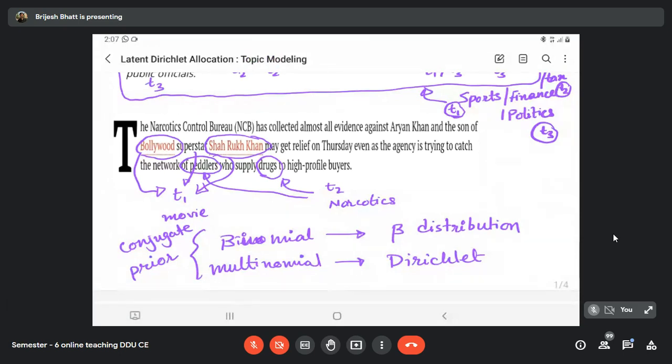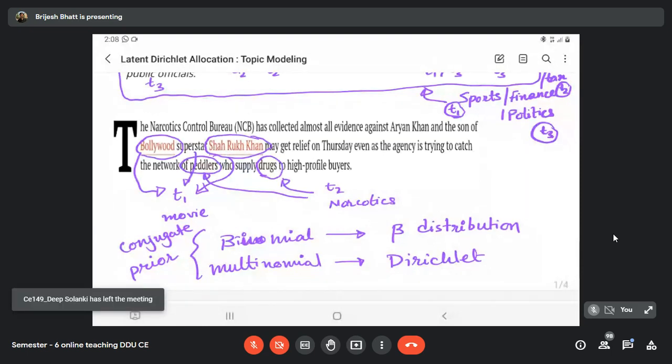Now, one thing that you realize here is this is a multinomial case. If there are only two topics, then we are talking about the binomial case, but we say that there can be multiple topics. So this is a case of multinomial distribution. And what role the beta distribution plays for the binomial, the same role the Dirichlet distribution plays for the multinomial distribution. And that role is called conjugate prior. Dirichlet distribution is a conjugate prior for the multinomial distribution. It means that if you multiply a multinomial with a Dirichlet, the resultant is also Dirichlet.